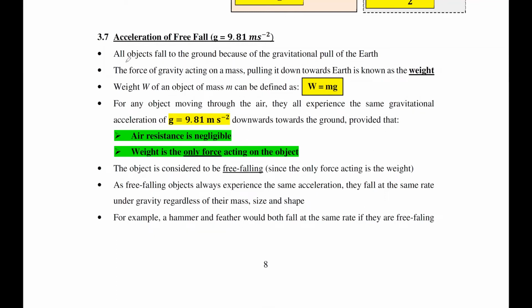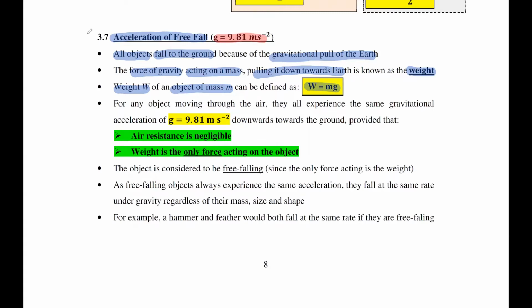Before we move on to examples that use the kinematics or SUVAT equations, let's talk about acceleration of free fall. Now, all objects fall to the ground because of the gravitational pull of the Earth. The force of gravity acting on a mass pulling it down towards Earth is known as the weight. The weight W of an object of mass m can be defined as W equals mg, where g is